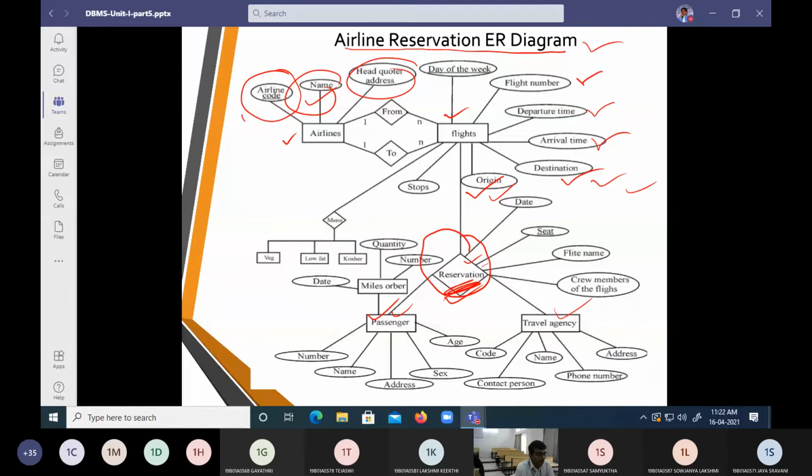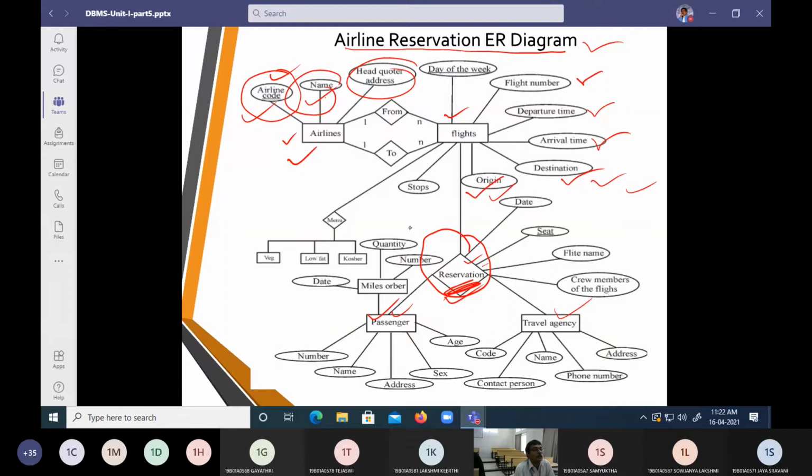And every airline is going to be uniquely identified, and that is what we are going to call the airline code. So we represent this airline entity set with airline code, name, headquarters, agencies, etc.